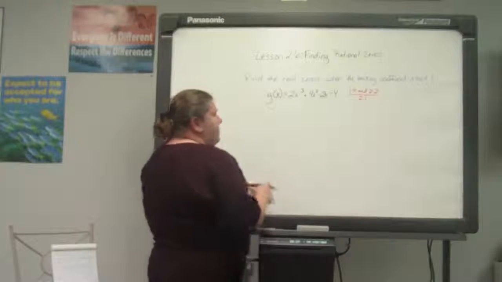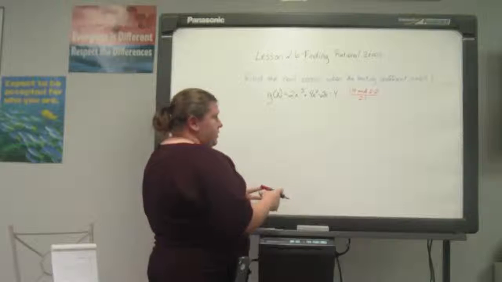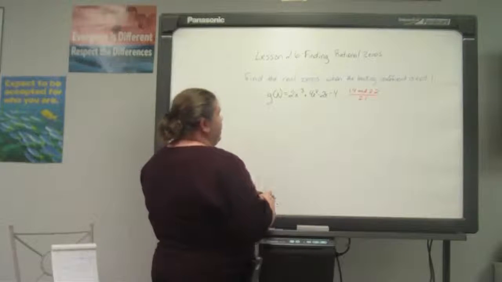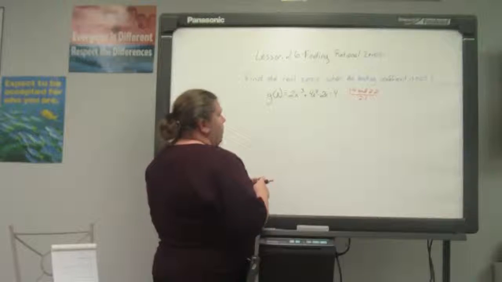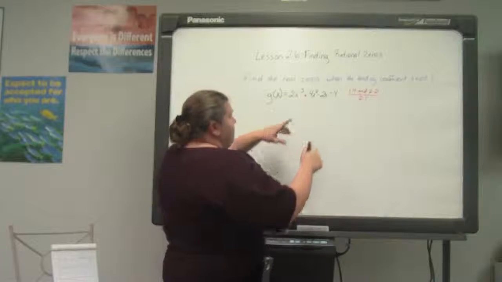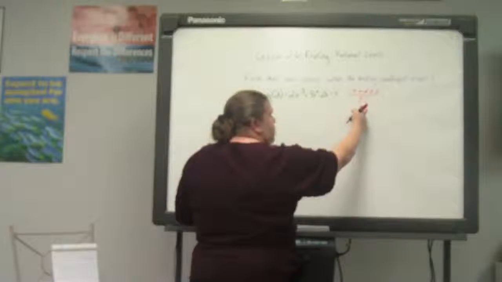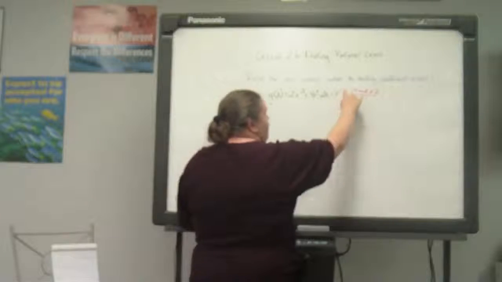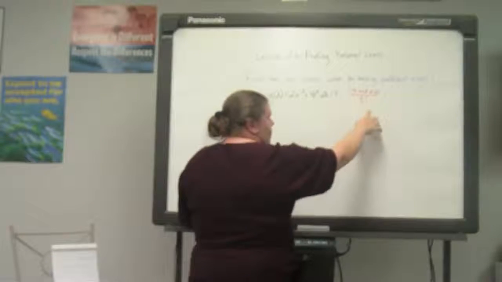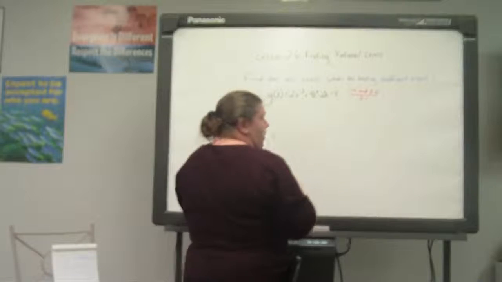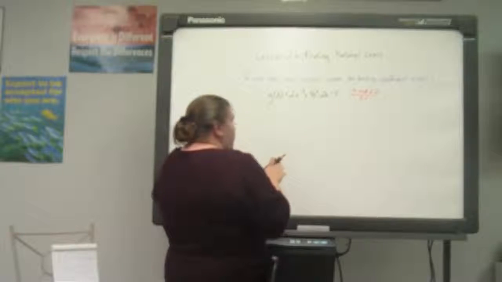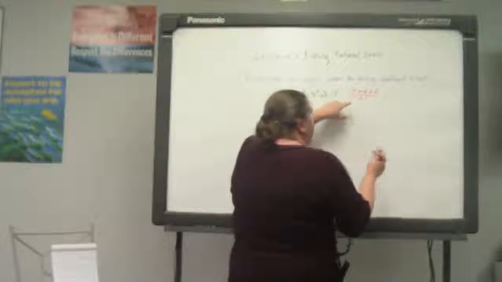Now, what a lot of people forget when they are trying to list the possible rational zeros is that when you have more than one number on the bottom, you have to list every factor on top over every factor on bottom. And so what I'm going to do is I'm going to come over here and I'm going to